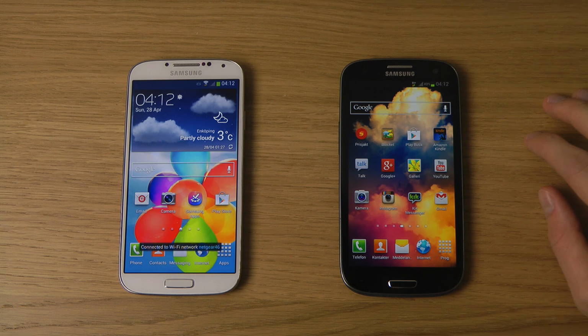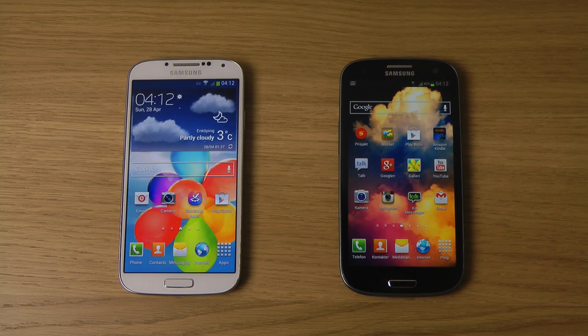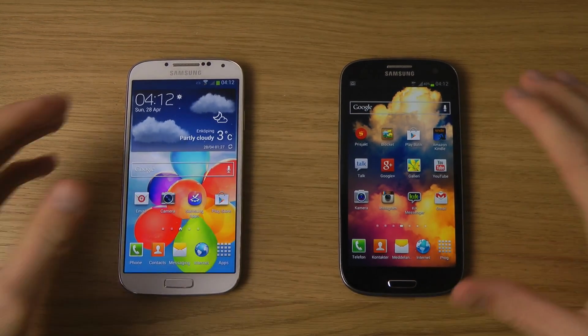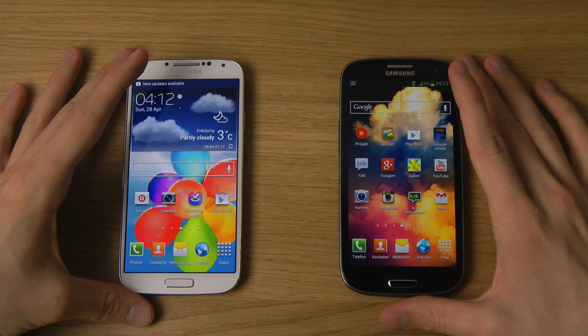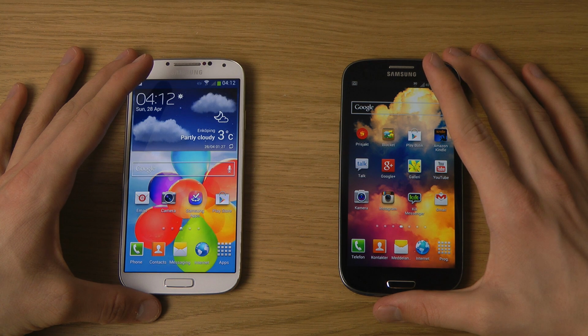So what I will be doing right now is that I will first start off talking about the form factor of these two devices and what has changed. Then we'll be going over some specs. We'll be checking out some apps, browser, camera, maybe some gaming, maybe some benchmarking and Kindle reading. And then I also will talk about what I think about the S4 and the Galaxy S3 and so forth. So, if we start off with the design here, they are very similar in a lot of things,